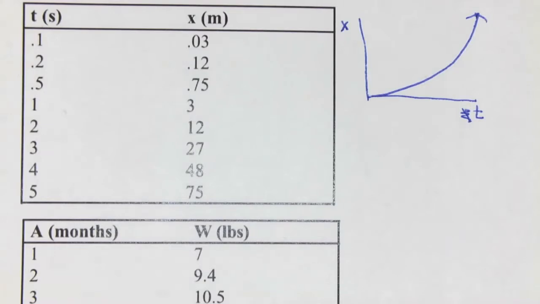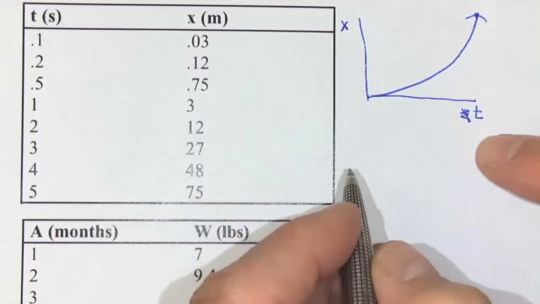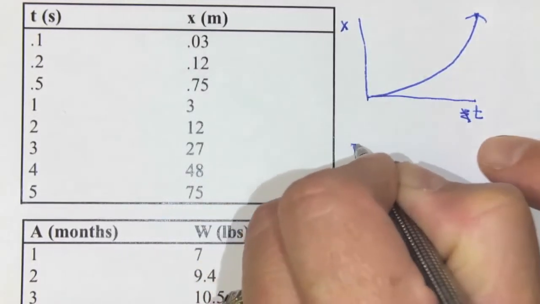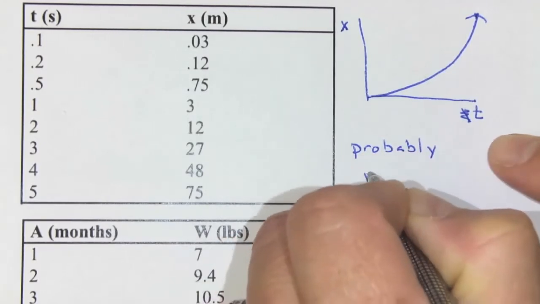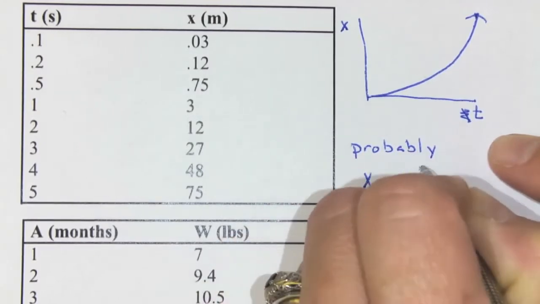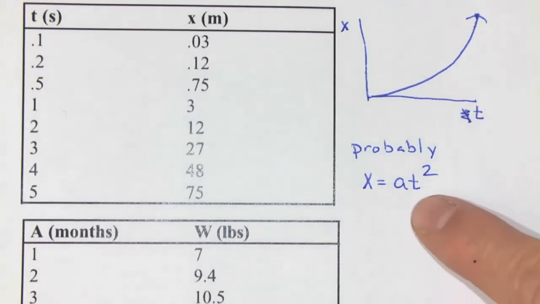Now that you know what shape the original data is, you have a sense of what the likely relationship is. Using the variables on this graph, I know that it is probably this type of an equation, because this is shaped like a parabola and this is the general form of a parabolic curve. Okay, next step.